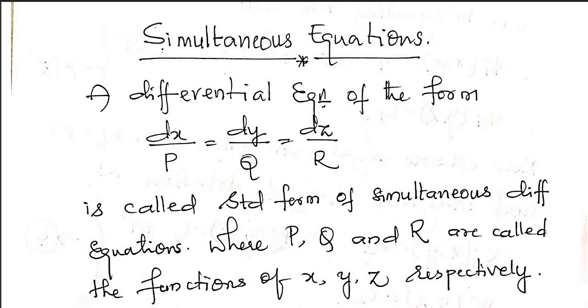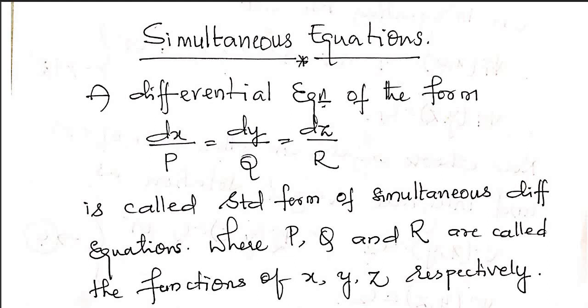So in high school we studied simultaneous algebraic equations. In a similar way, here we are studying simultaneous differential equations. In high school, for example, x plus y equals 0, 2x minus y equals 2. These two are called simultaneous equations. We know how to solve them, and there are many methods to solve algebraic simultaneous equations. Here we find the solution of simultaneous differential equations by two ways. Later we will come across those methods.